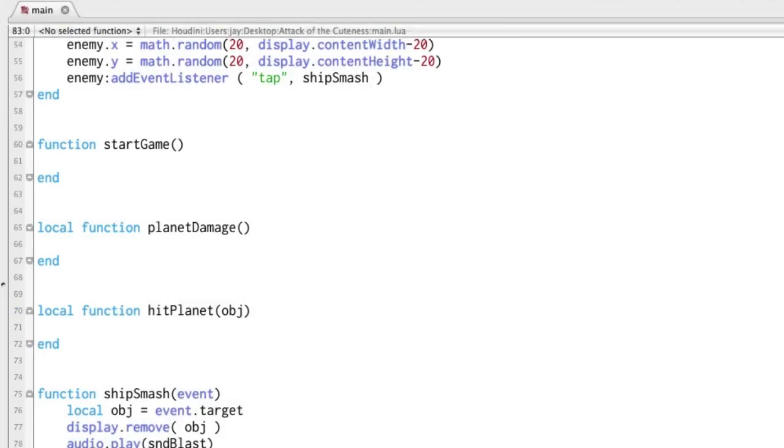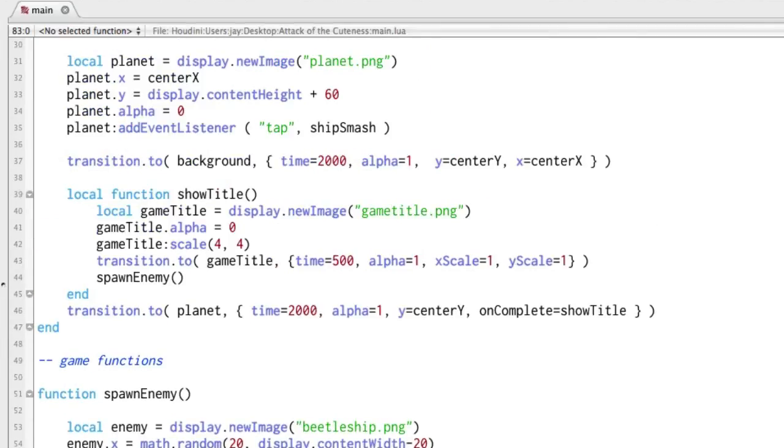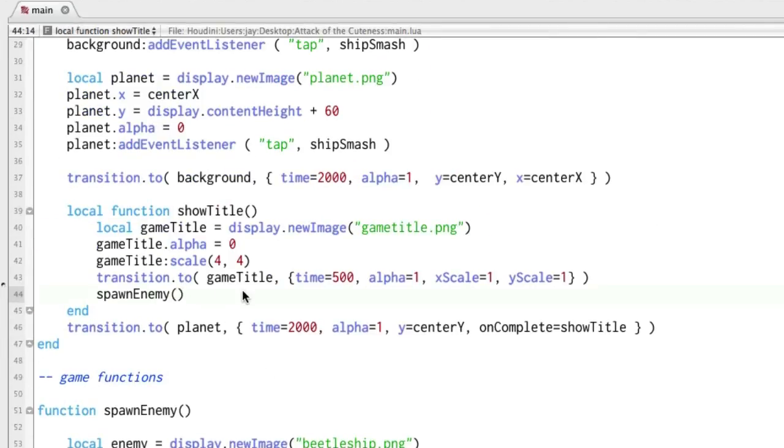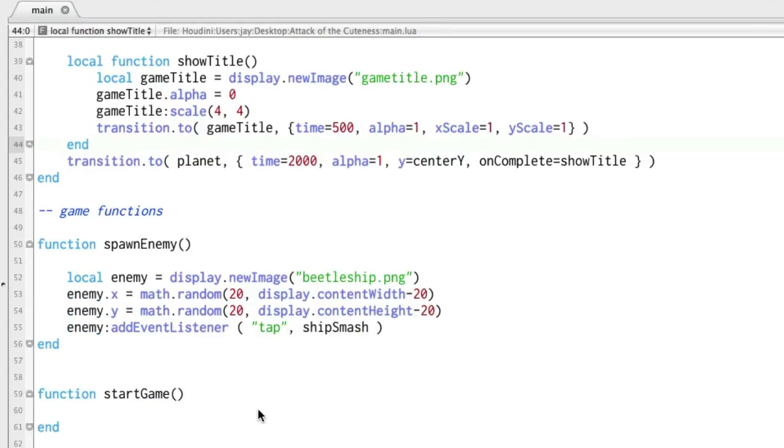Alright, let's put some text in our game and some kind of instructions. We're going to take out that start game first. And up in show title, we're going to take out spawn enemies, since that was just a test, so we could get something going. And down in start game,